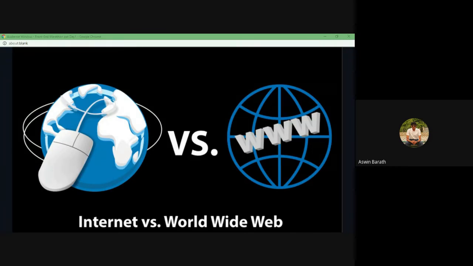Whereas the internet is the connection of all the networks over the world. In this connection, we use this protocol so that we can share and exchange data with each other. So whenever anyone asks you whether the internet and www are the same thing, your answer should be no, right? www is a protocol and the internet is a connection of the entire networks over the world.